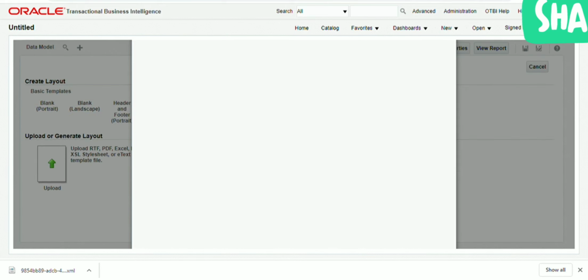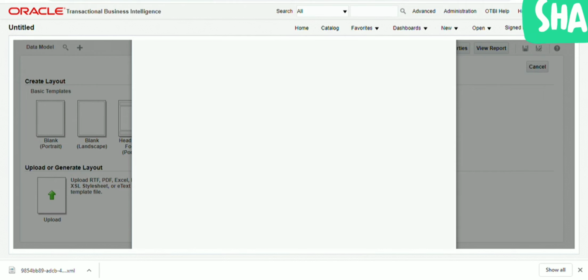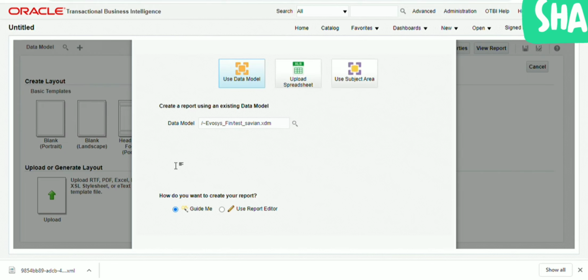Before going to create report, we need to attach the RTF, so we will prepare the RTF file. This is the Word document, and for preparing the RTF file, we are supposed to have an icon named add-in or BI Publisher. We are supposed to download and install it, but sometimes even if it is installed, it is not visible. So I'll tell you one way.